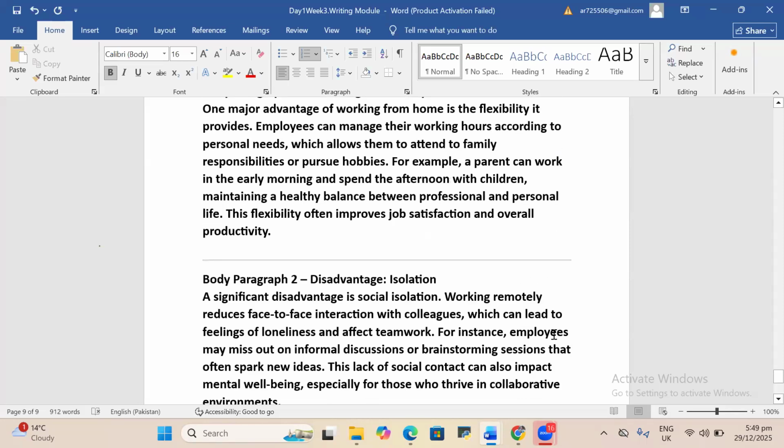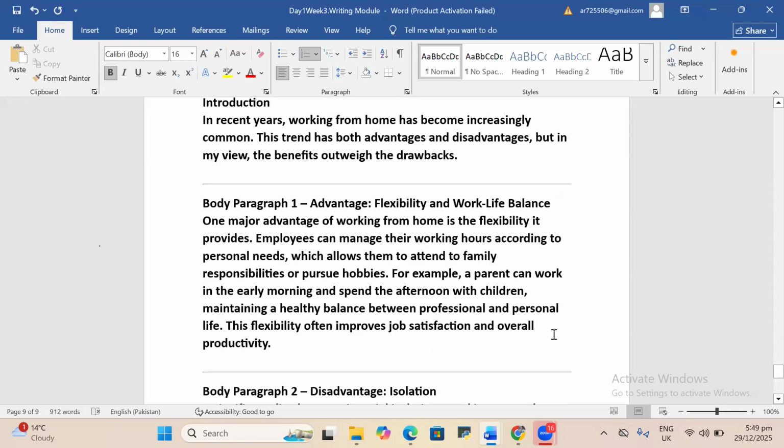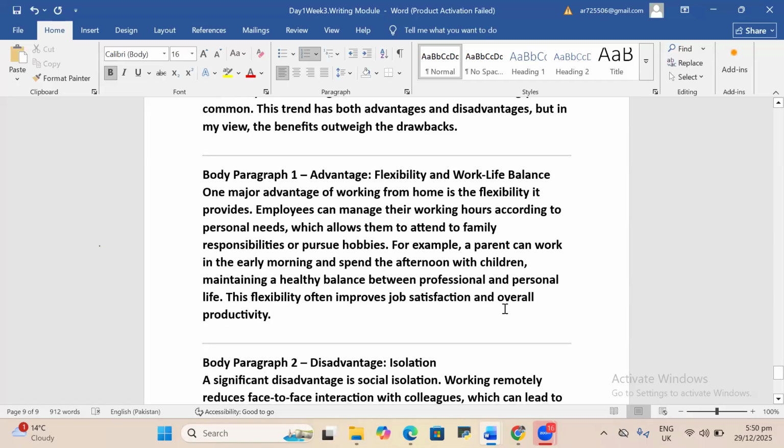So, if you start to write multiple sentences in one body paragraph, you cannot complete your task response, and this also affects your coherence and cohesion. So coherence and cohesion mean how well your ideas are connected with each other. It means if your first sentence,